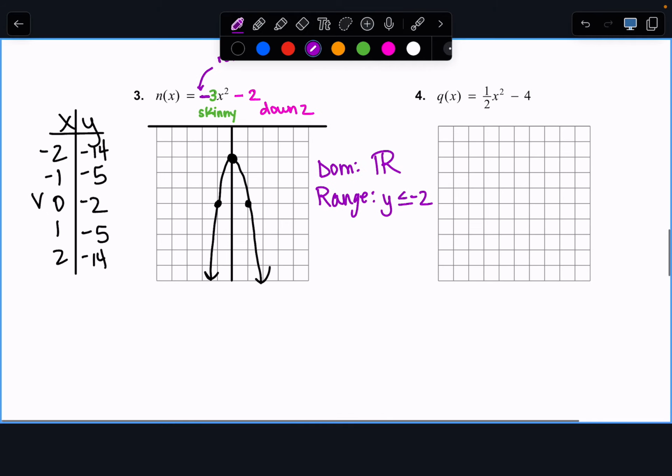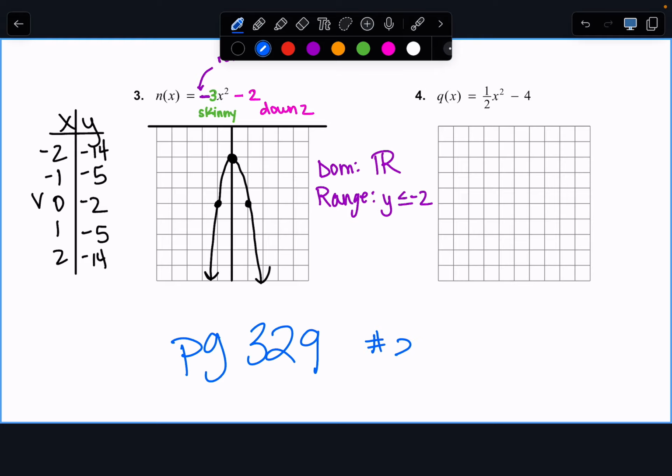All right. So your homework is on book page 329, and you're going to be doing 3 through 18. And what I'll do